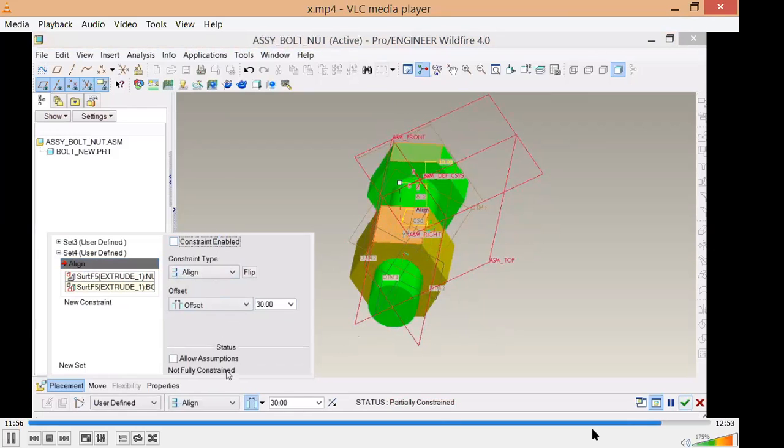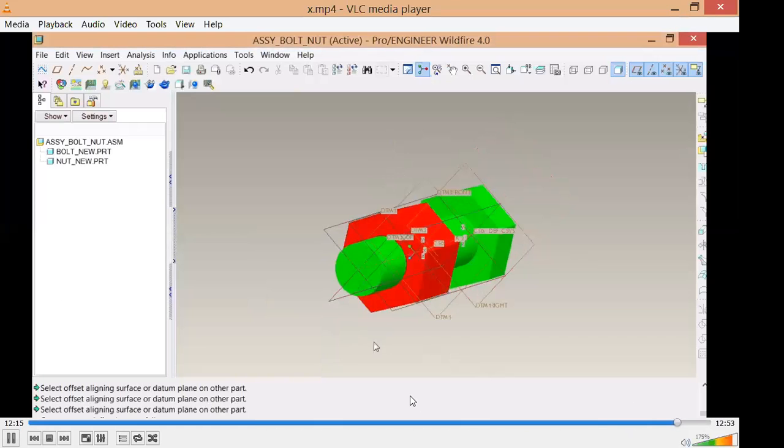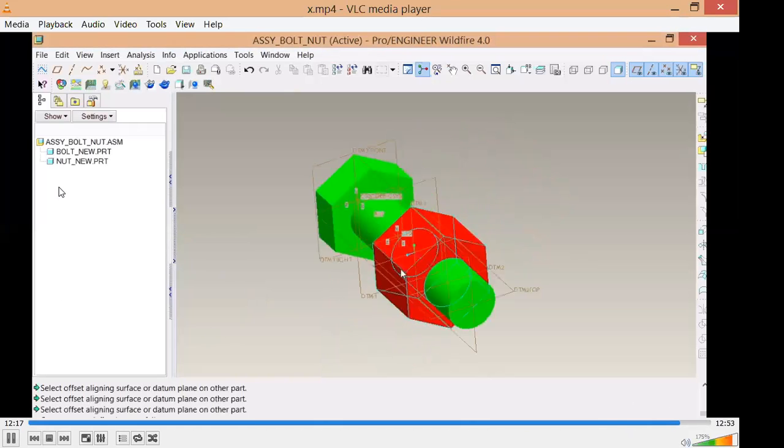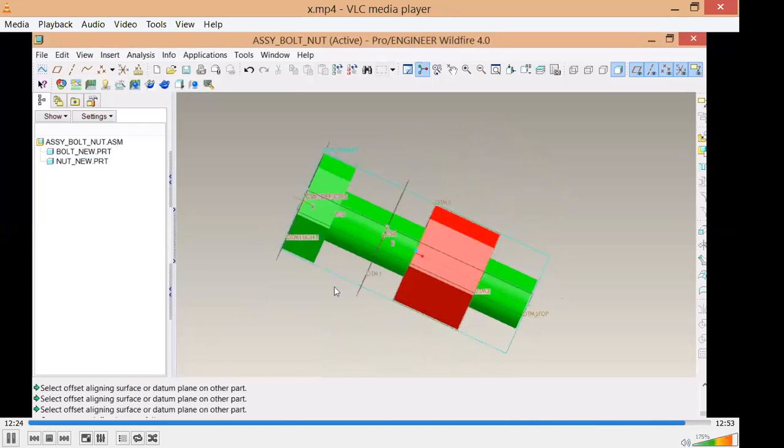Look at this, if you give allow assumptions, then automatically it will take care of things. You can see at the bottom, the status is fully constrained. Similarly, at the left side of the tree manager, there is no rectangular box.